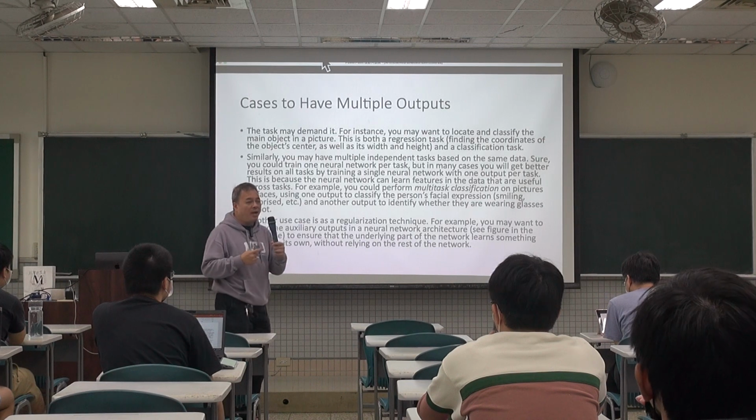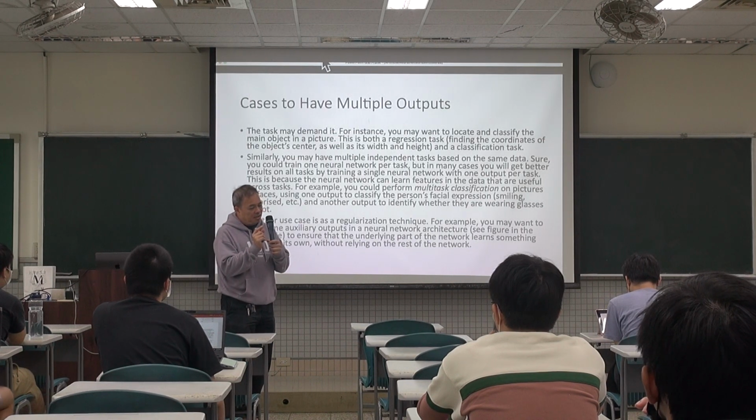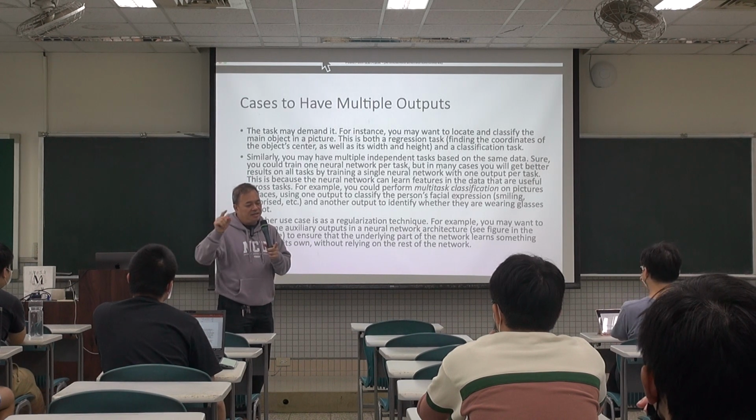So here, if you have more than one output, you can use one of the outputs and put certain constraints on that output, and then